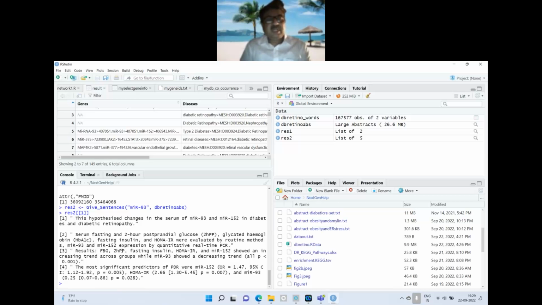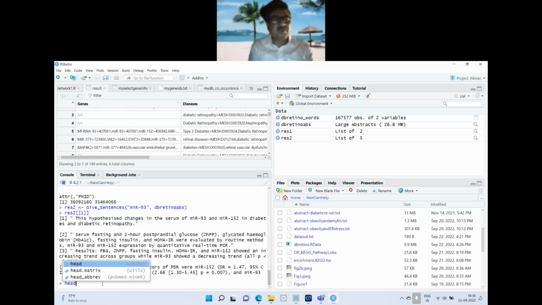So that one, then fasting insulin and all these other molecules like MIR 152 and MIR 93, they showed some differences in the patterns. And the most significant predictors of PDR, which happens to be part of this disease,